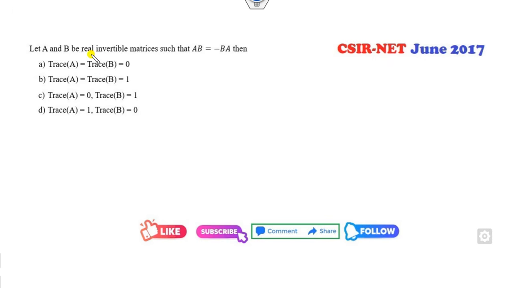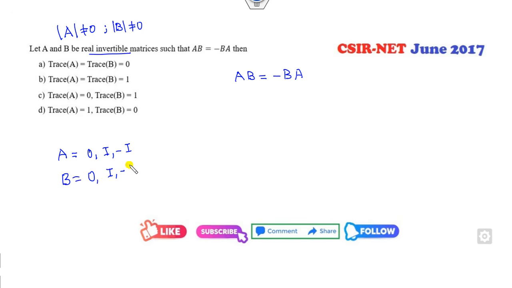Okay, A and B are invertible matrices. So the determinant of A is non-zero, the determinant of B is non-zero, such that AB is equal to minus BA. So again, some relation is given to you. I can choose any pair from this case. Now, do 0 and 0 satisfy? Yes, but I can never take 0, 0 because A is an invertible matrix. Now look at this pair. If I take A equal to I, then what is the value of B? None of the pair will satisfy.